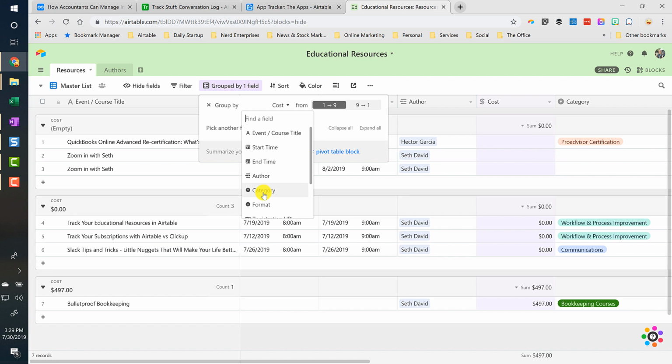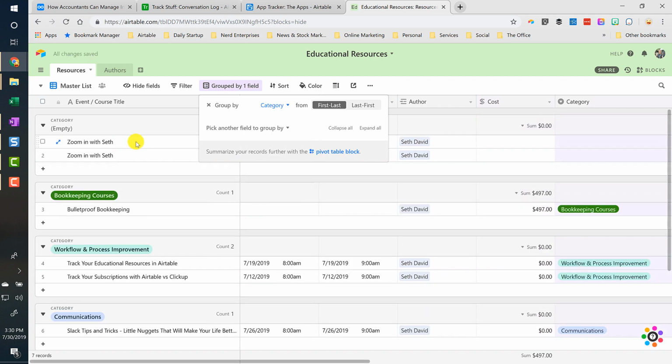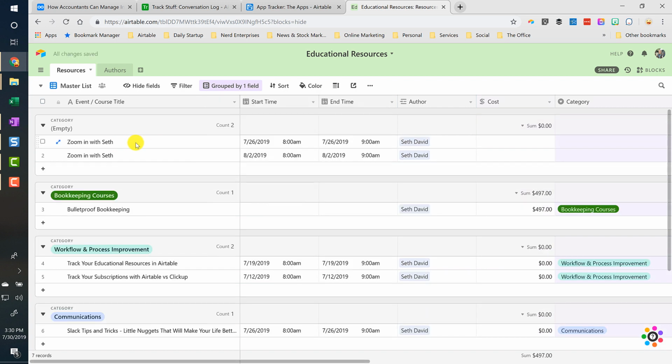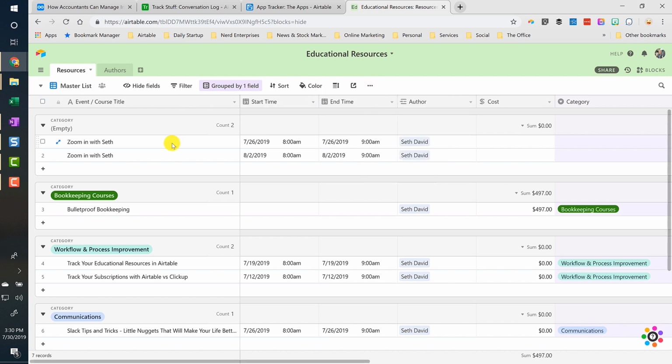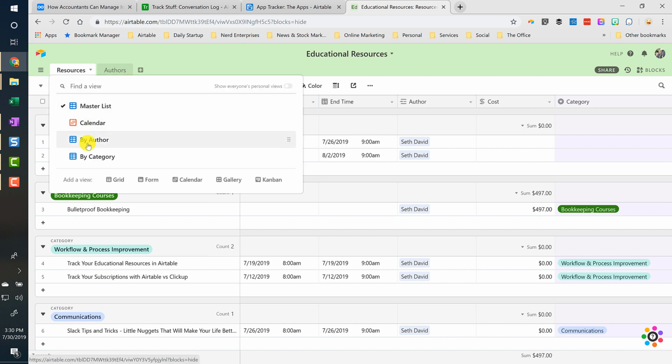But just so you can see how this works, if I go back and do it by category, then once I've got this organized the way I want it, right up here, this ellipsis, I click duplicate view, and that will make a copy, and then I can click here and rename it. So that is exactly how I created these different views that you see in this drop-down by author, by category,